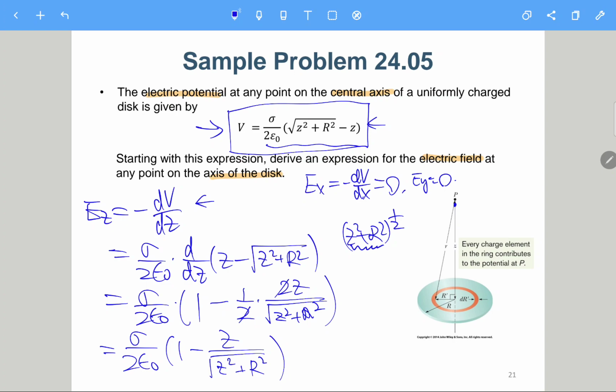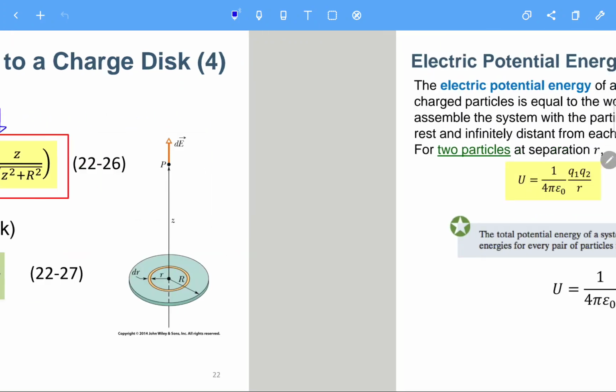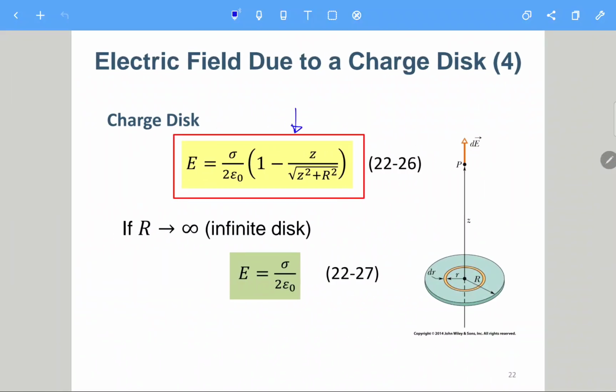So you do an easier integration and then take the derivative, and then you will finally get the E field. This is why we need to consider the electric potential rather than just going straight to the electric field. So let's